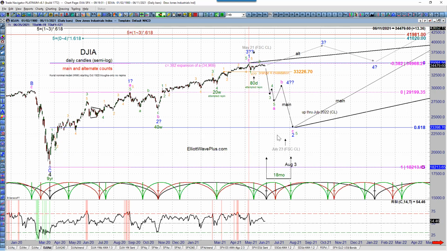And within an 80-day cycle, you have a 40-day cycle trough in the middle of the 80-day cycle, and then you have another 40-day. And I sincerely doubt that the 40-day cycle trough has occurred yet. There hasn't been enough downward movement to put a marker in for a 40-day cycle trough.